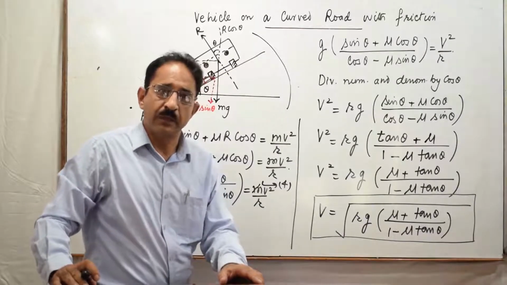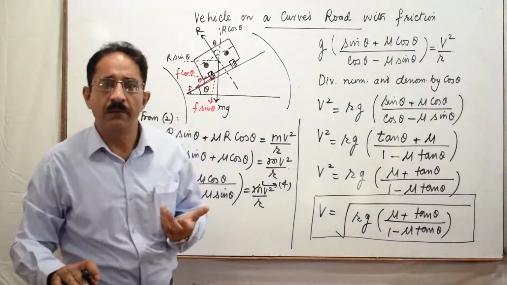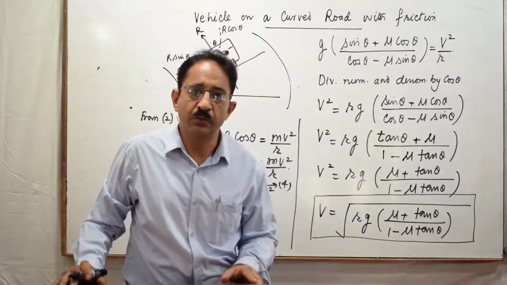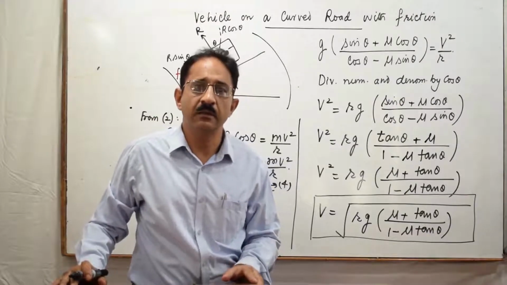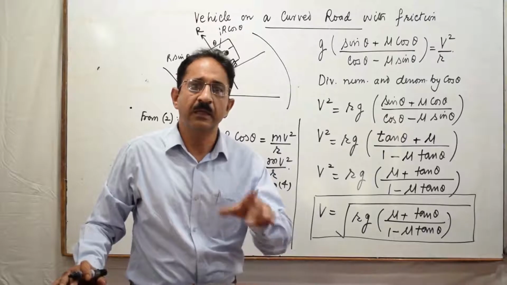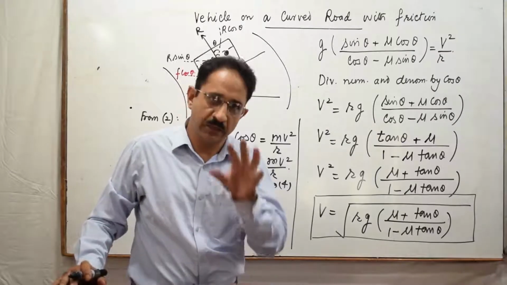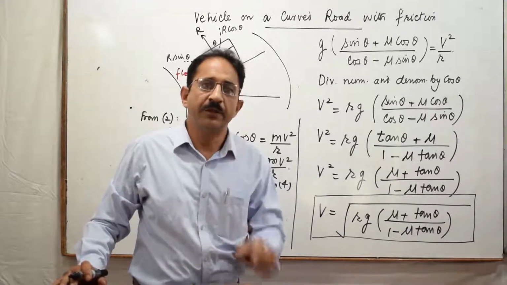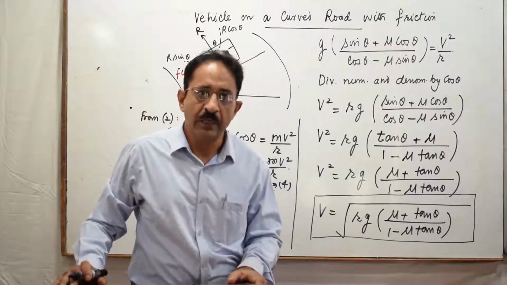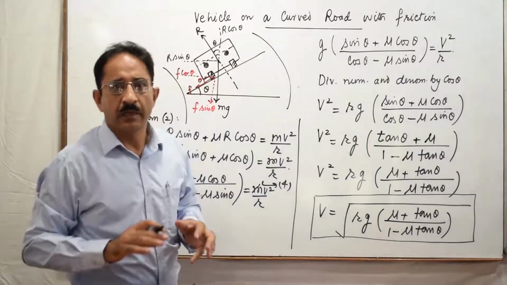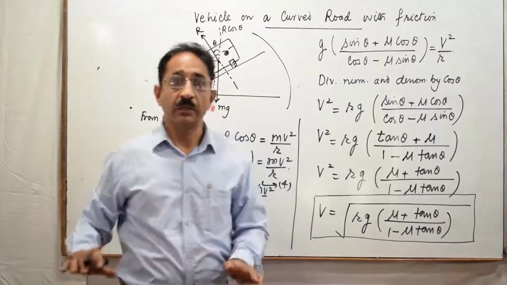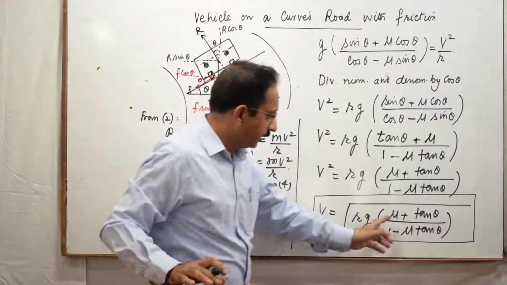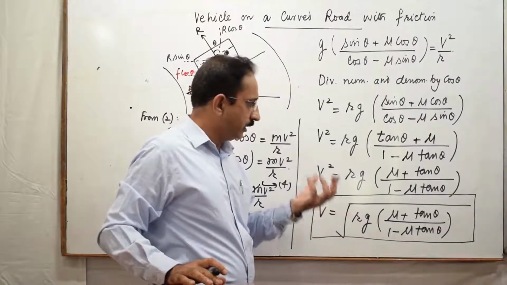तो कई बार हम देखते हैं कि with the wearing out of tire of a vehicle, जब उसका surface जिस पर treads होती हैं वो थोड़ा सा smooth हो जाता है, it has higher tendency of skidding or slipping. Reason is कि coefficient of friction will depend on the type of irregularities on the surface. It will depend on the temperature at which you are working, and it will depend on the kind of lubrication if present between the tire and the road. So in that sense, जो mu की value है, we can have it carefully seen.